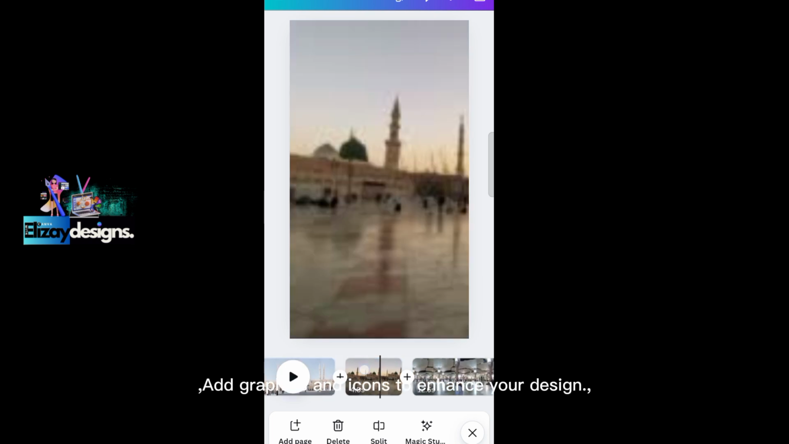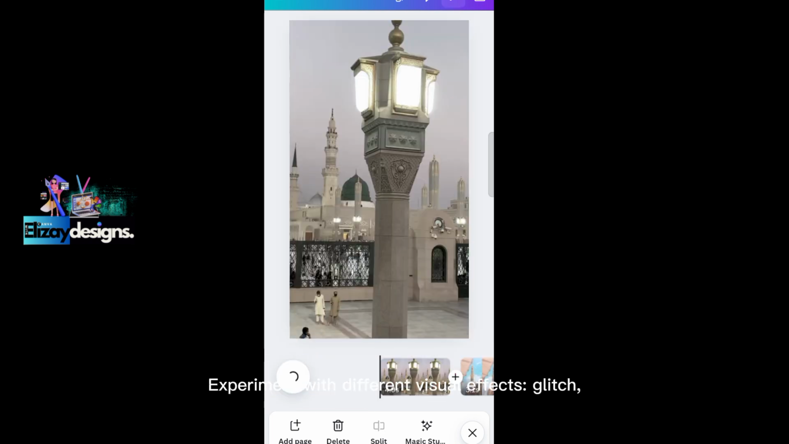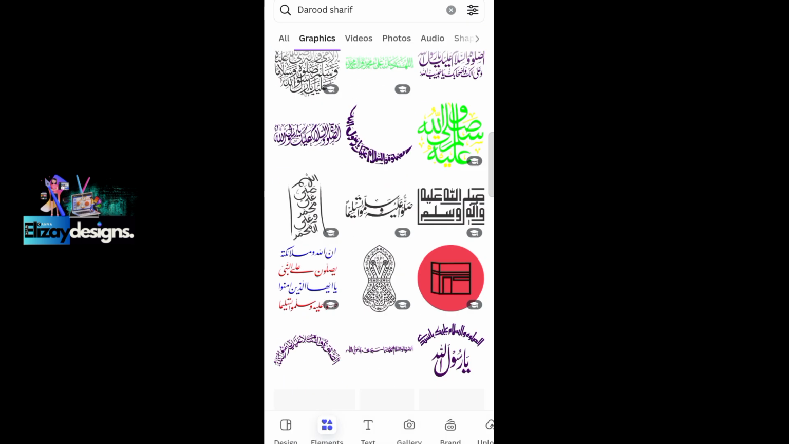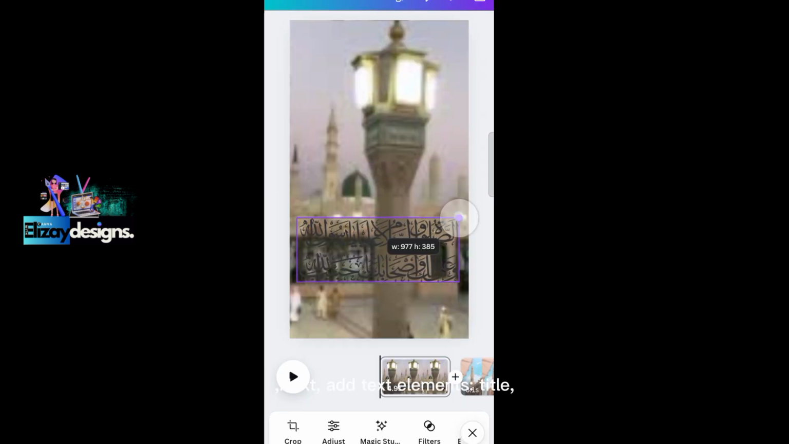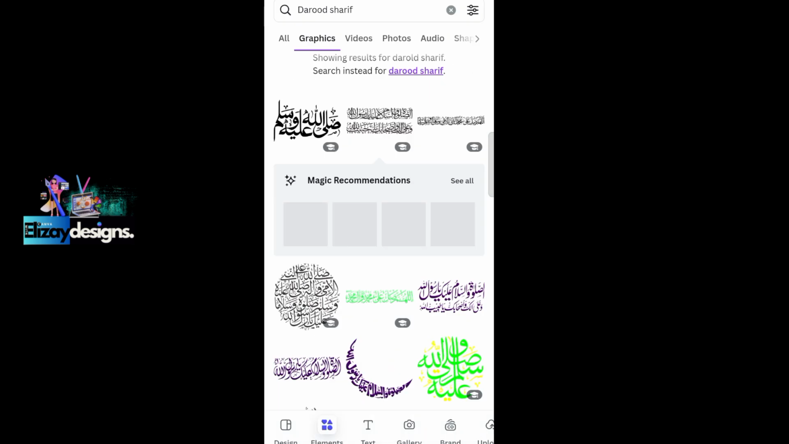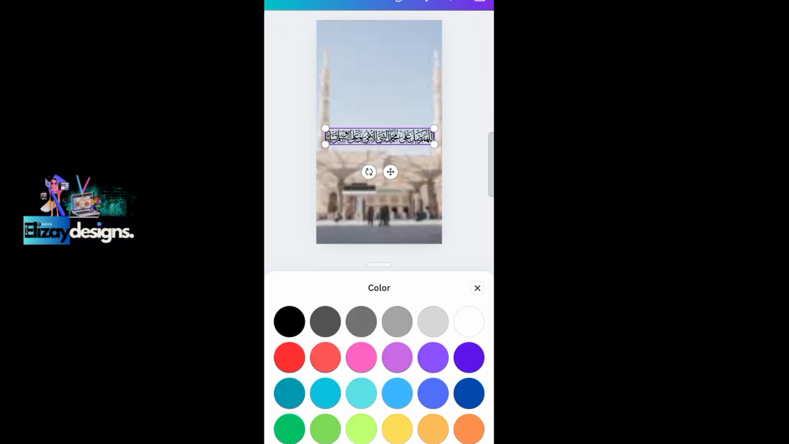Add graphics and icons to enhance your design. Add effects like shadows. Experiment with different visual effects. Glitch. Next, add text elements. Title. When I upload it on YouTube,